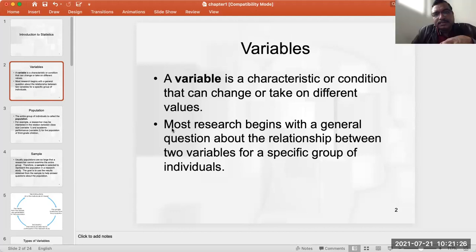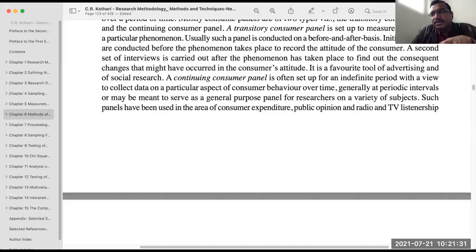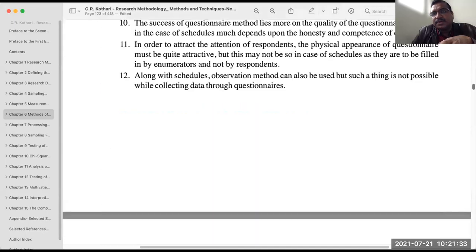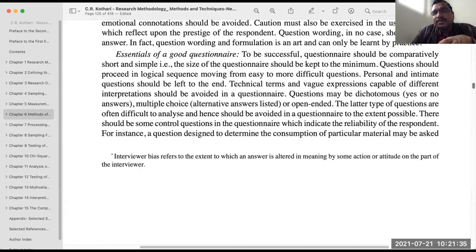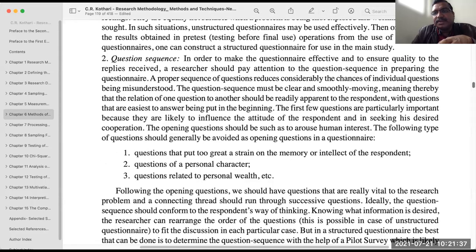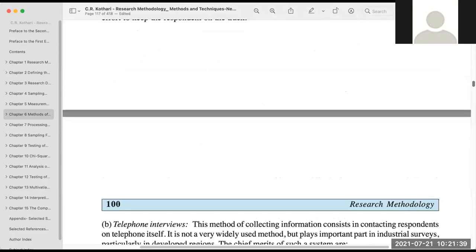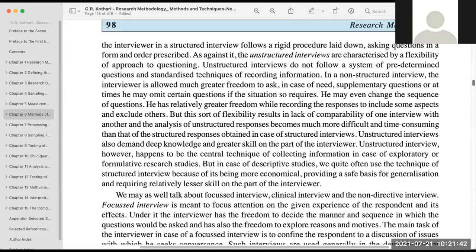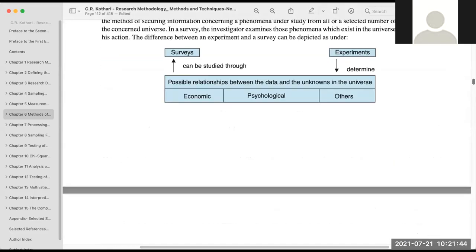If you see the purpose through research or data collection, what we are going to do is establish some relationship between the variables, right? A possible relationship between the data and the unknown.